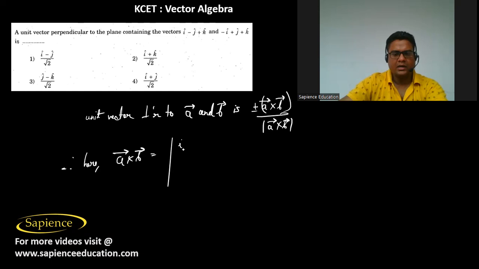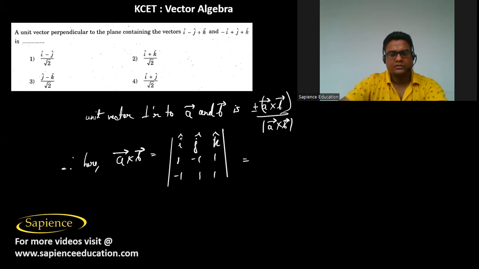the determinant of i j k and their components have to write, which is 1 minus 1 1 minus 1 1 1. So if we expand it along the first row, then we have to give plus minus plus. This will be i cap into